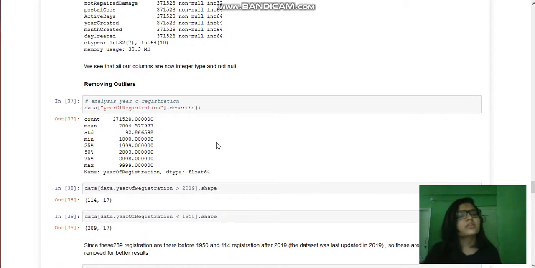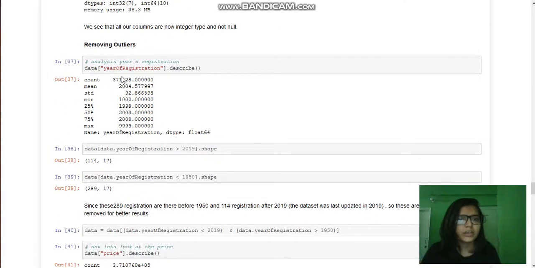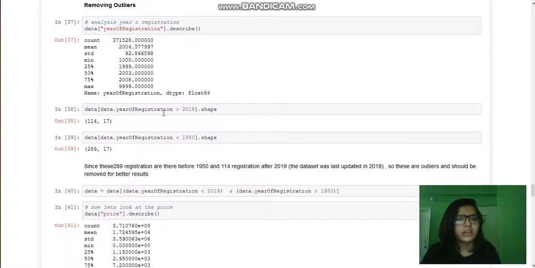So we also have a problem of having outliers in our data set. So yeah, we'll be working on that now. We have a column called date of registrations. We see that there are date of registrations which are after 2019 and before 1950s. First of all, there were not that many cars from before 1950s that are still there to sell on eBay, and even if they are antiques, we won't be predicting their values.